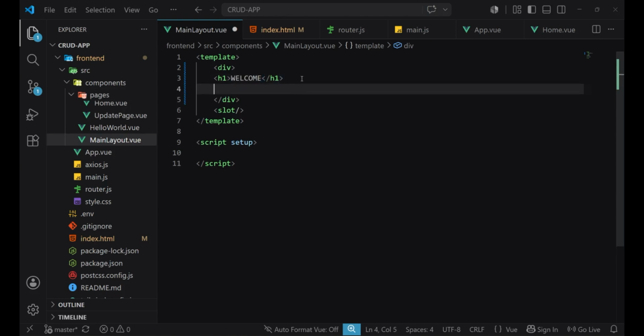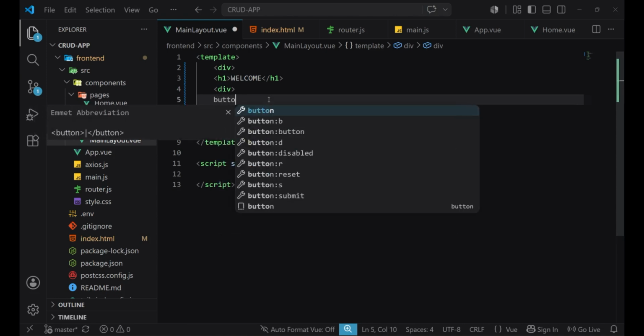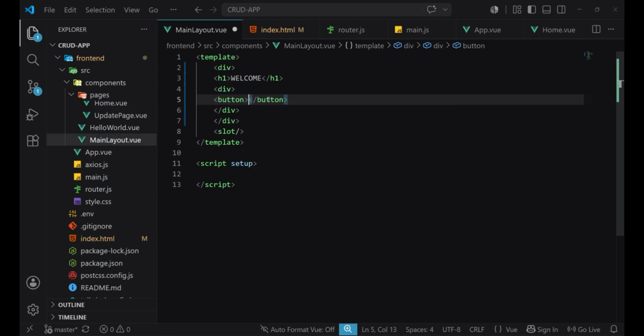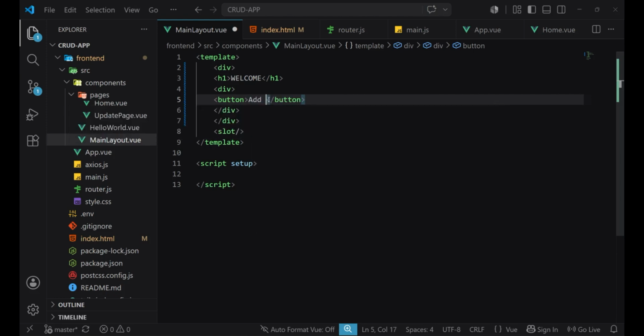And then we can introduce another div that will carry our navigation buttons. So we can create the buttons, one for the add contact that directs us to the add contact page. So we can say add contact,